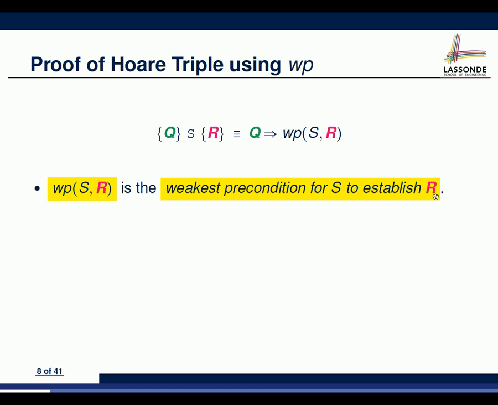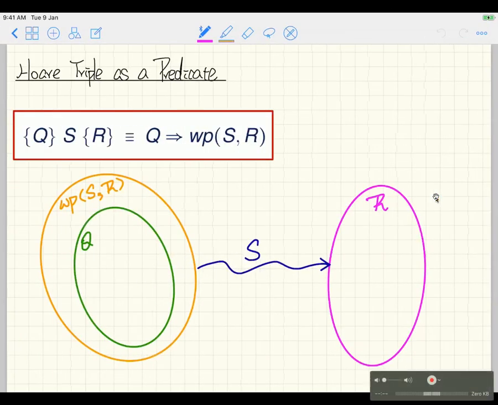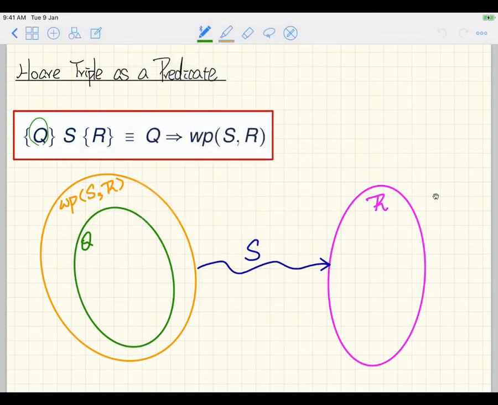I'll show you conceptually what this means. Let's again look at this formula here, and then I'll show you two examples. One would be when the program is correct. The other one is the program is incorrect. Let's look at the general principle over here. We are given the precondition here, a postcondition over here, and the implementation over here. We're saying that this entire predicate will be true if and only if, so that's equivalence,